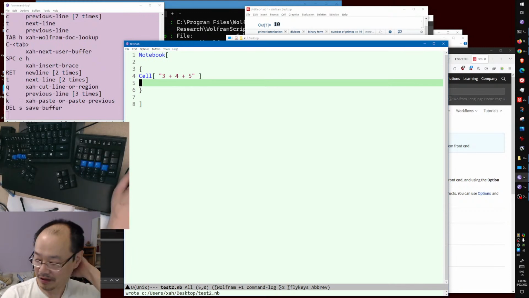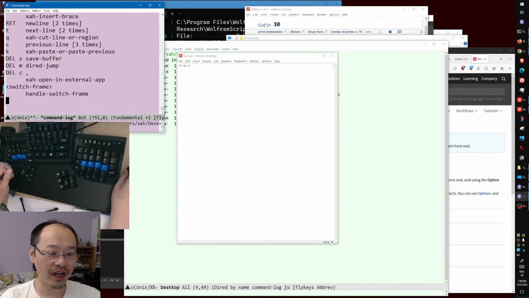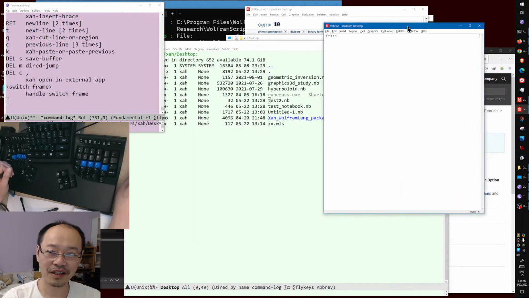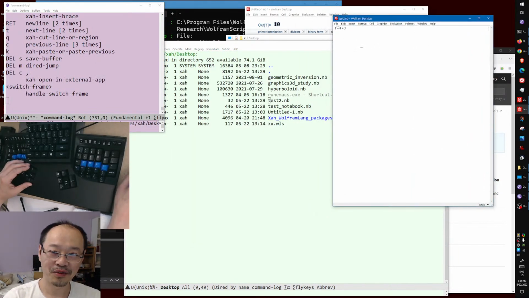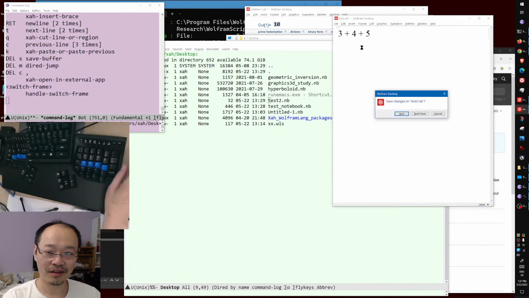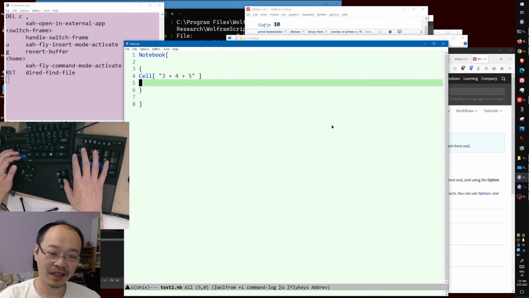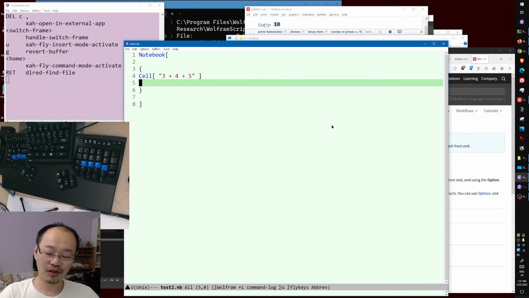Okay, save it. Open it. Fantastic. You can see 3, 4, 5 there. You see, we manually created a notebook. So close it. So the main point I want to make here is that the notebook format is just, the content of the